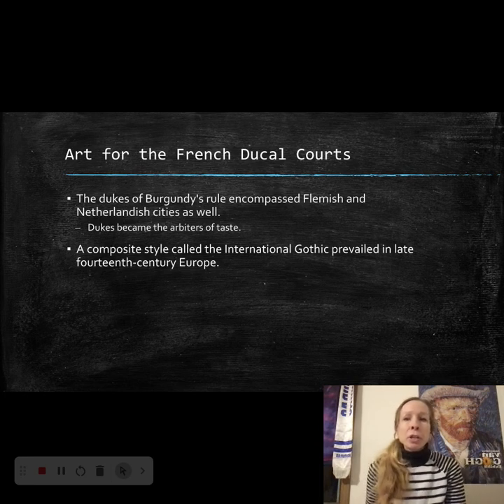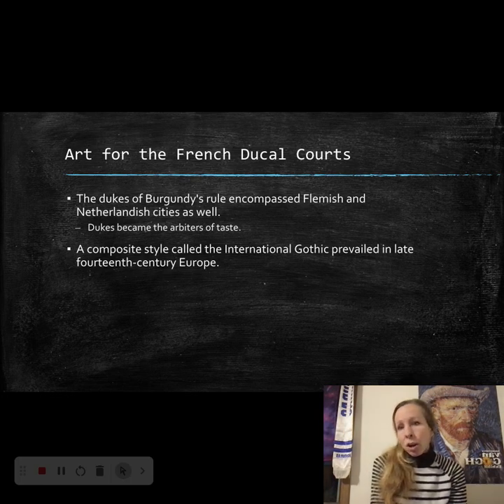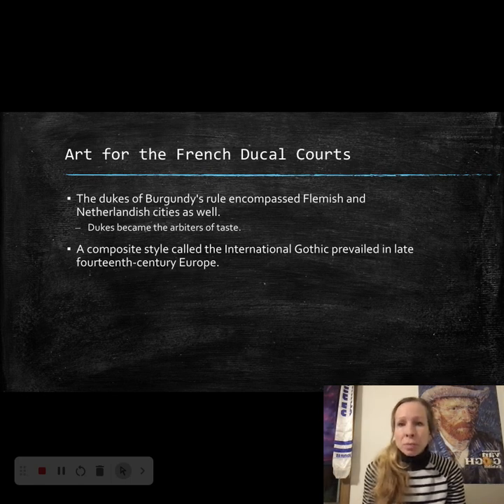So the Dukes of Burgundy's rule extended across important Flemish and Netherlands cities, placing them in control of some of the wealthiest cultural centers in Northern Europe. Through their political power and immense patronage, the dukes strongly influenced artistic production and set trends that artists across the region followed. As major supporters of painters, sculptors, and architects, they effectively